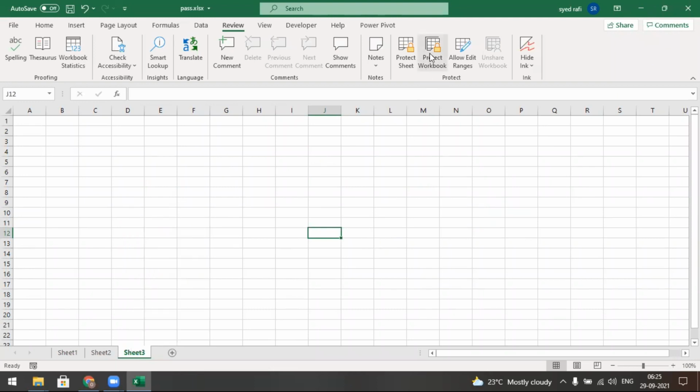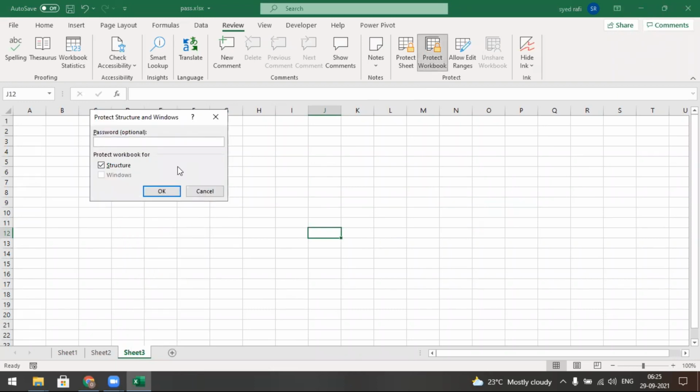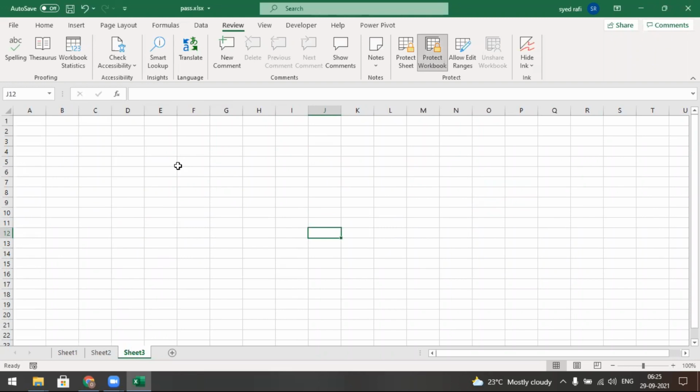If I protect the workbook, what happens? By right clicking on that, we can't insert, delete, rename, move or copy, tab color, or hide. These functions do not work. This is protect workbook, but you may do this work.